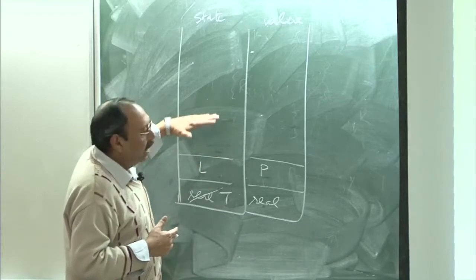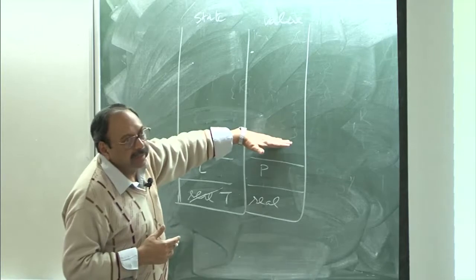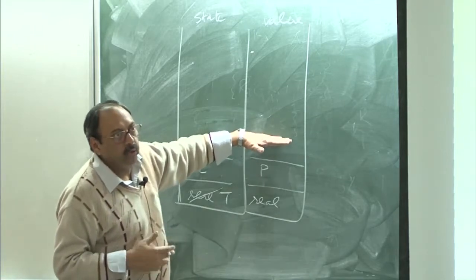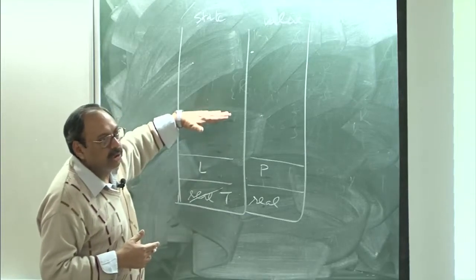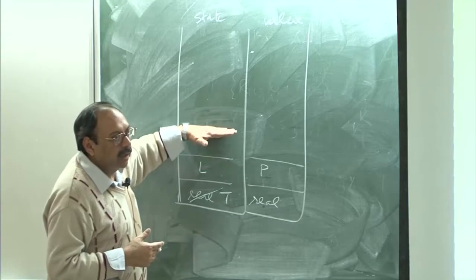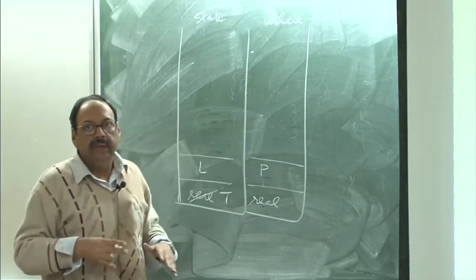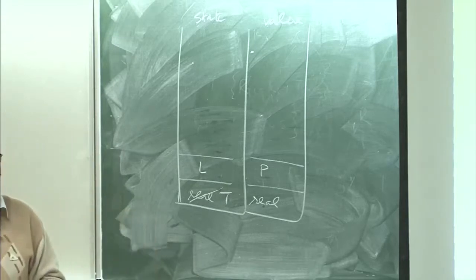So, I will have L comma ID, and when I reduce L comma ID to L, at that point of time I will make an entry corresponding to Q in the symbol table. Then I will push comma on the stack and push R on the stack, and then I will say L goes to L comma ID, which is L comma R, and at that point of time I will make an entry corresponding to R in the symbol table. These are the 3 entries I was making in the symbol table.